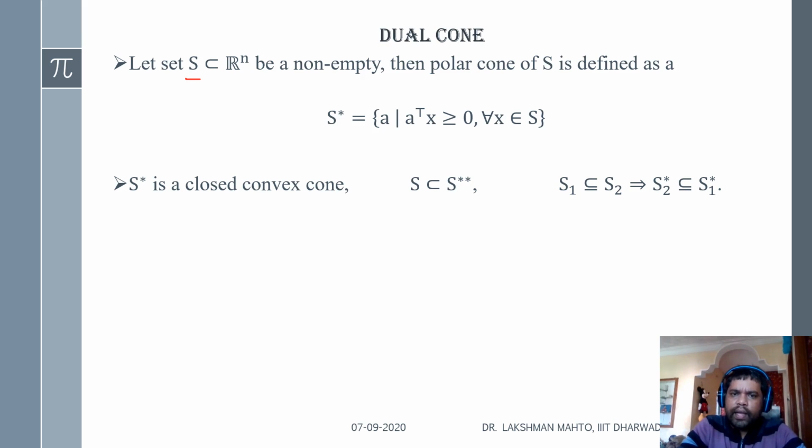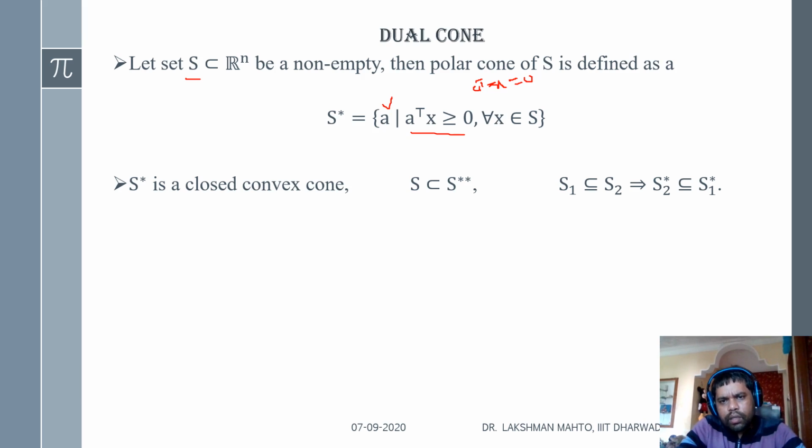And we are coming to define dual cone. So how can we define dual cone? Take any set S from n-dimensional Euclidean space, and then collect all the directions such that this set falls in the positive half space. A positive half space that is defined by the hyperplane A transpose X equal to 0.